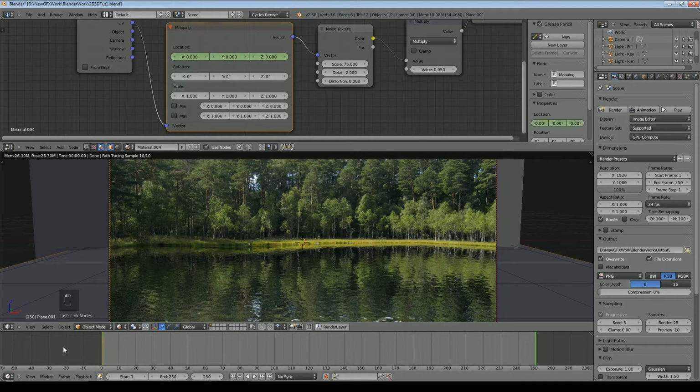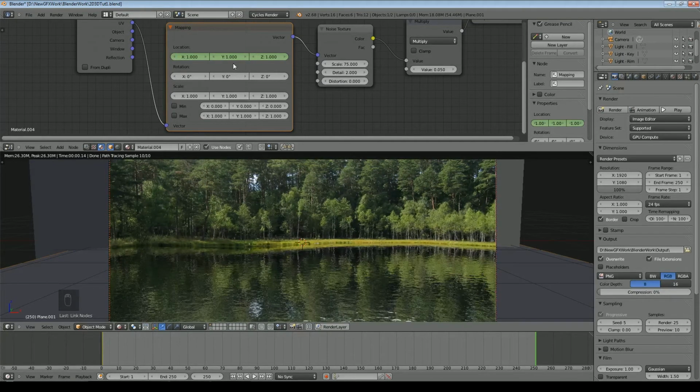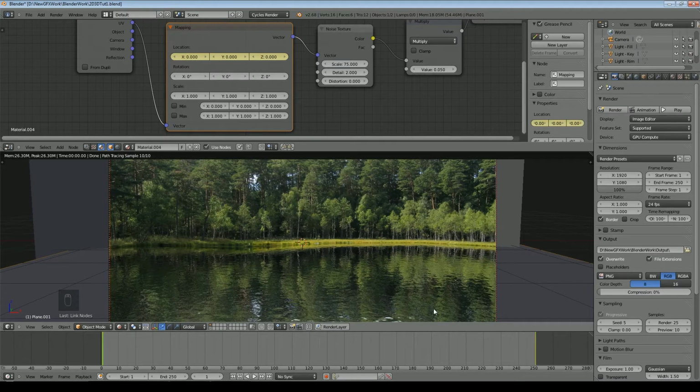And now we'll go to the end of the timeline, so we're at 250 now, and let's change these numbers. Let's just put each of them to 1 and press I again. Now without rendering, it's hard to see in Cycles exactly how effective you've been with that, and what you can typically do is do a very low resolution render that just gives you a general idea of whether the speed of the ripples is right.